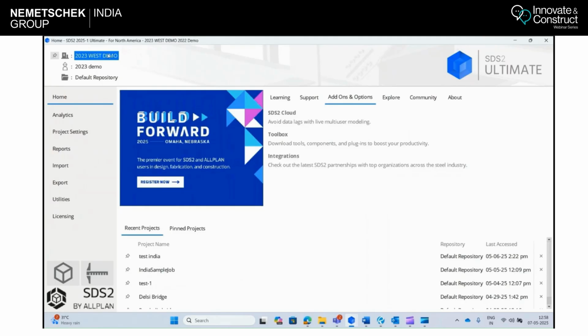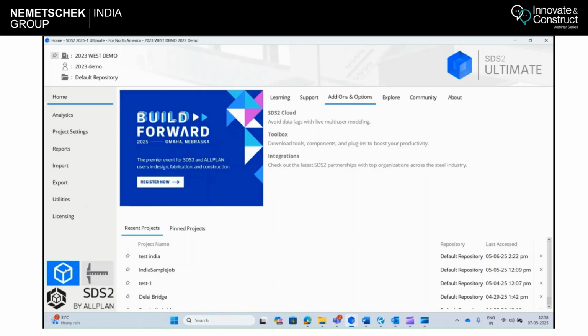This is the current project you're using. You can pin a project so it can be populated into this field. You have your recent projects, any new recent project which you are working on. This is your fabricator file name, and this is the repository where your jobs are saved. You can also map your server and keep all your jobs on a common drive. Then the horizontal field is all for the learning content, and this is the main tools for the current live project